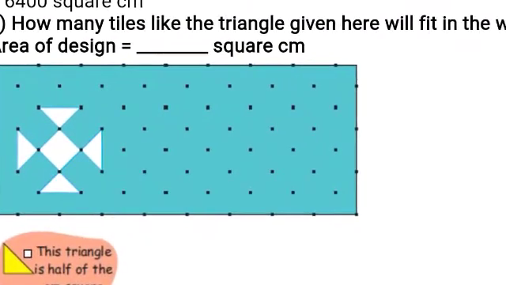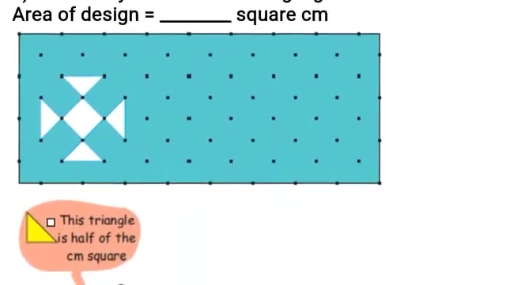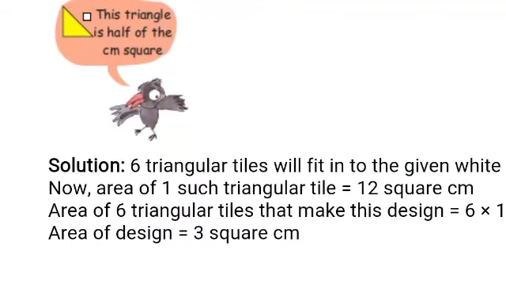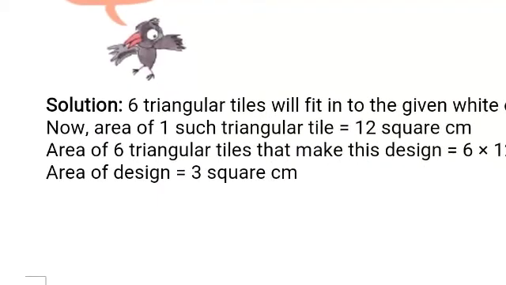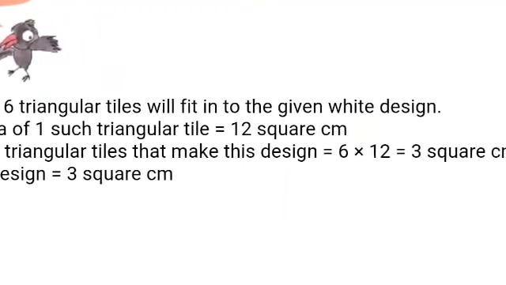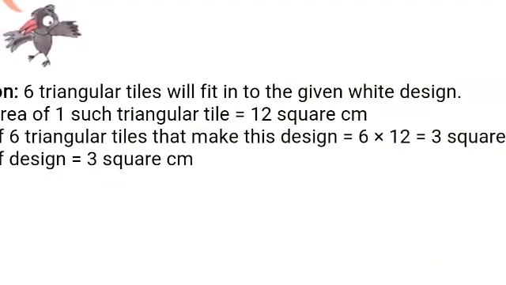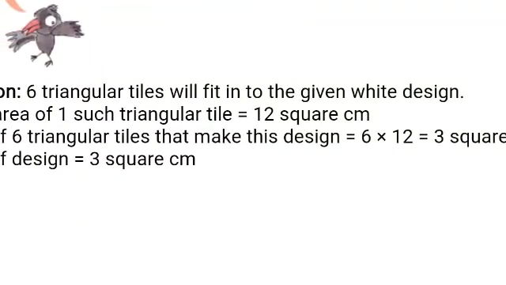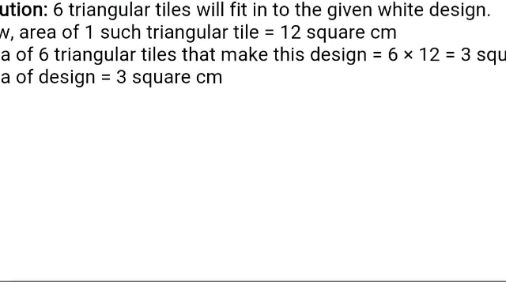How many tiles like the triangle given here will fit in the white design? So we have to find the area of the design. 6 triangular tiles can be fitted. You can draw or see how many triangles can be fitted. 6 triangles can be fitted, and one triangle equals 12 square centimeter. So 6 triangles equals 6 into 12 square centimeter. So the area of the design equals